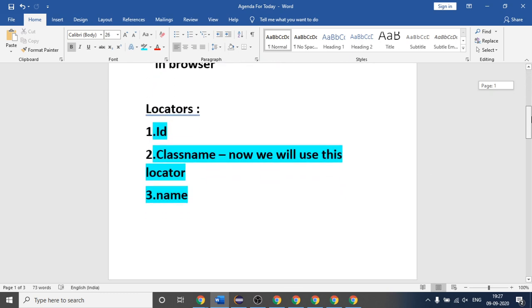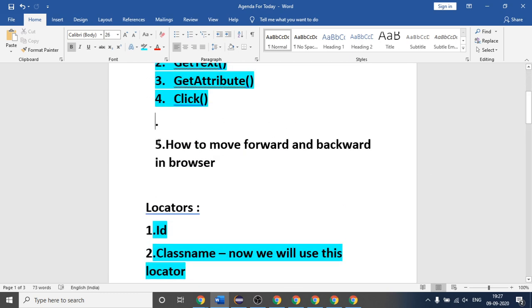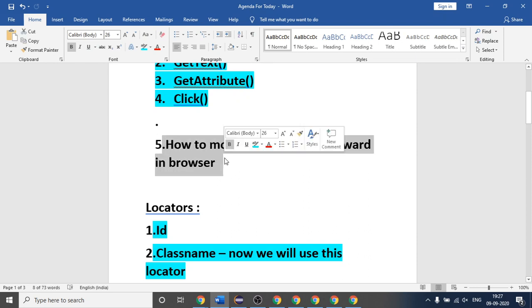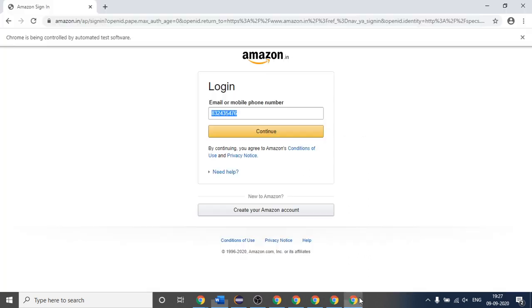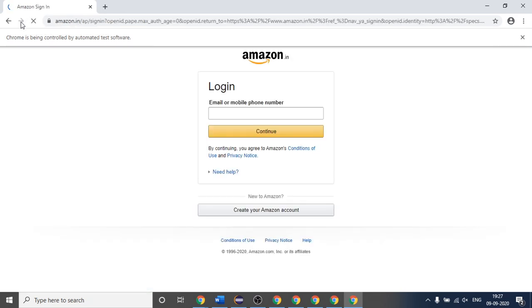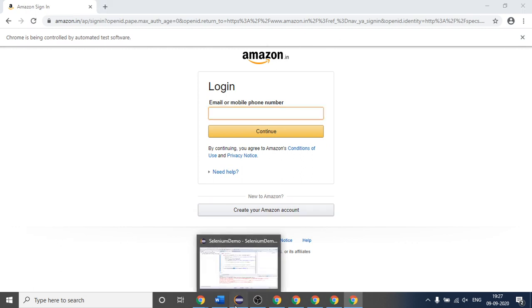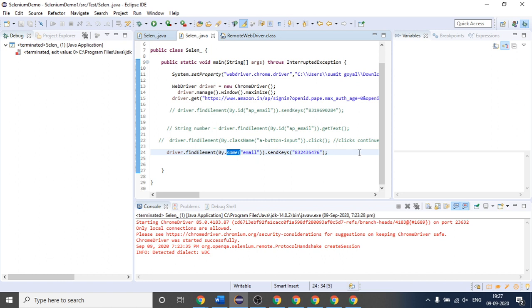This is the one which is also left: how to move forward and backward in your browser. By forward and backward I mean, if I am here and I have to go back, how will I go with the help of code? If I have to go forward, how will I go with the help of code, not manually? There is one simple line of code for going forward and backward.